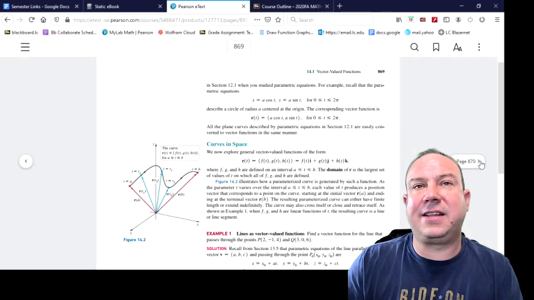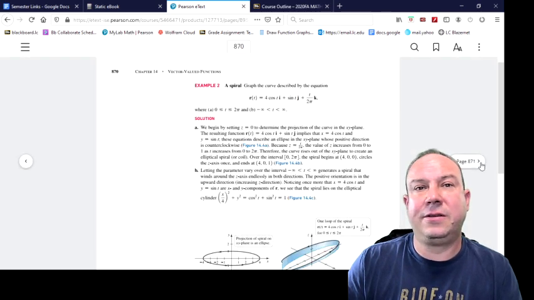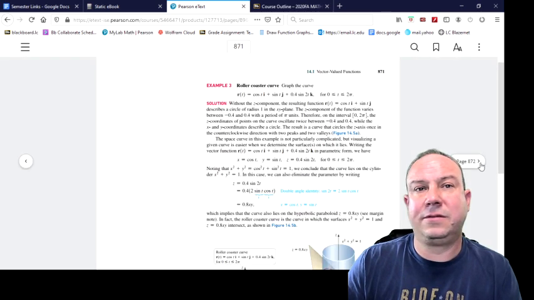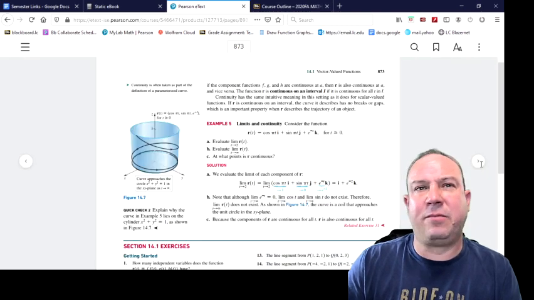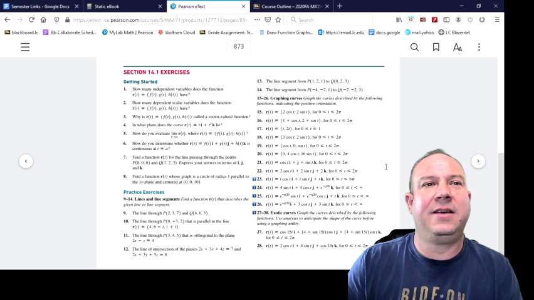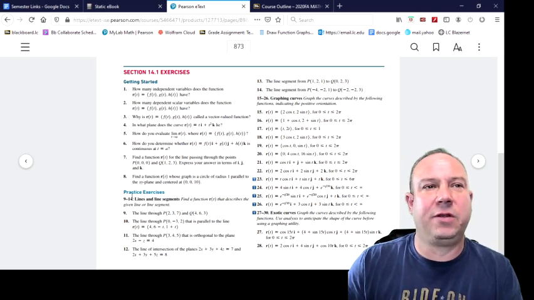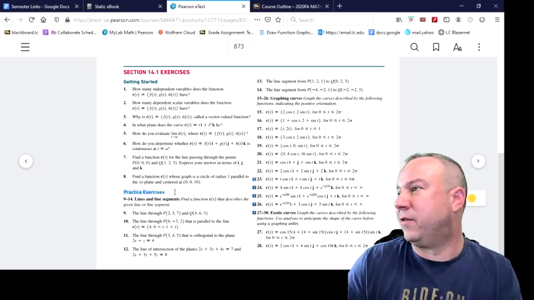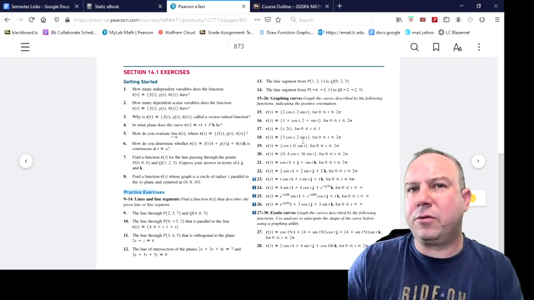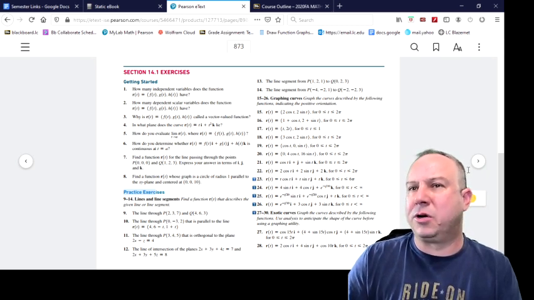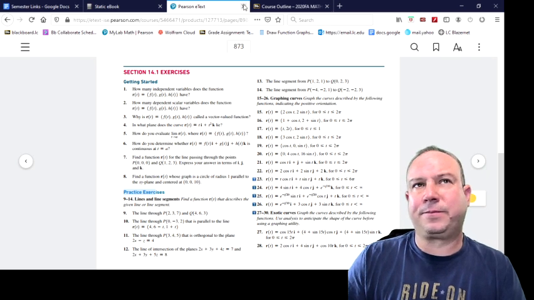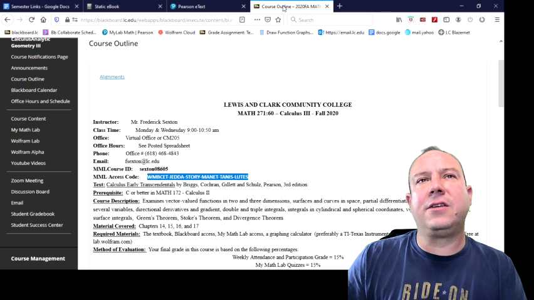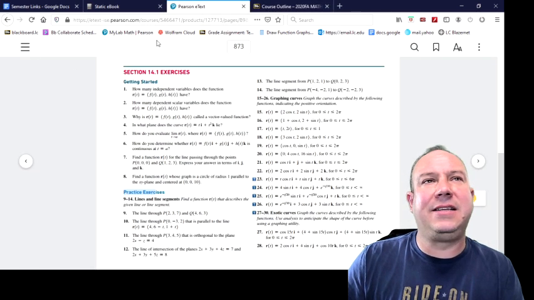Like I had said at the end of each section. All right, this is some of just the clunkiness of a digital book that I don't like, having to scroll through like this. But these practice exercises, folks. Working through the odds of those and checking in the back of the book is a good thing. It's good practice. Good place to get practice. Also a good place to get practice